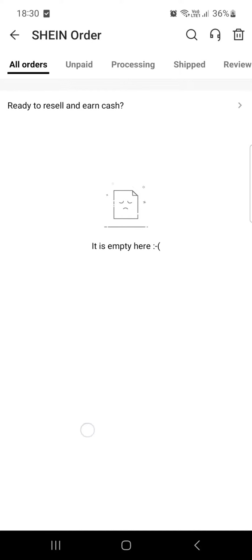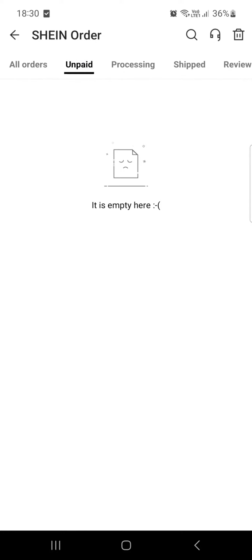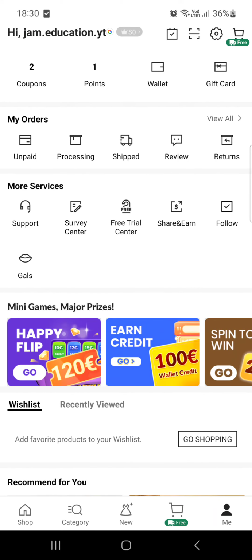all of them. Here there's all of your orders in this tab, but if you tap on and scroll through these, you can check all of the other kinds of orders, like for example your unpaid orders or orders that are under processing or being shipped or already shipped or under review, and also you can check your returns too. So in the Me menu, top